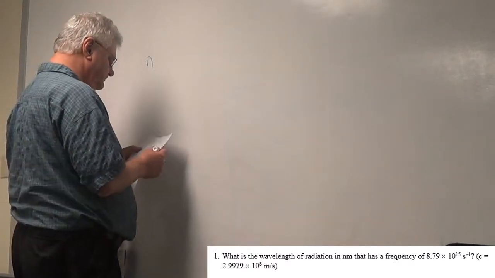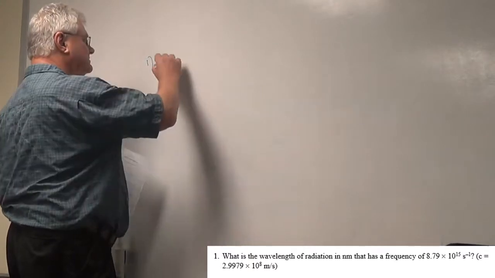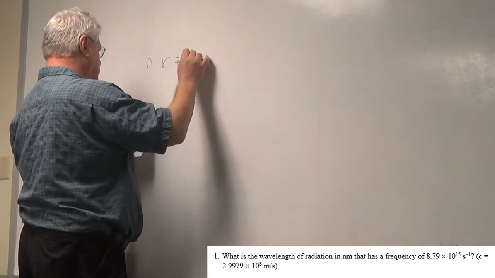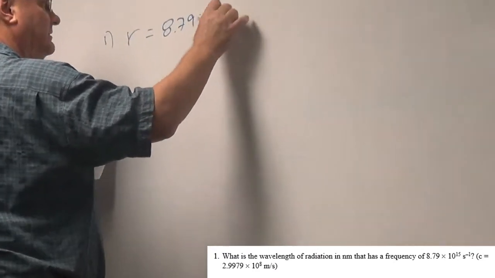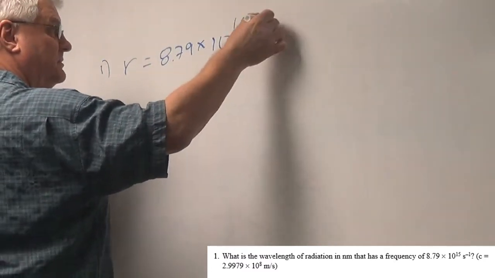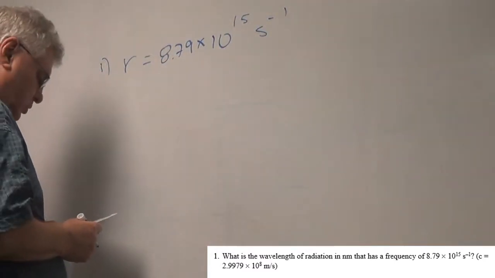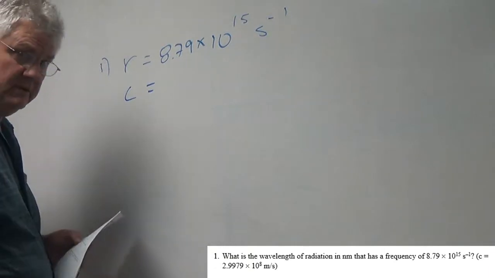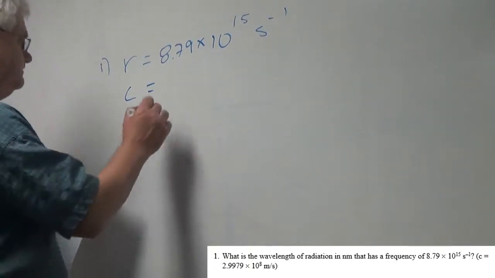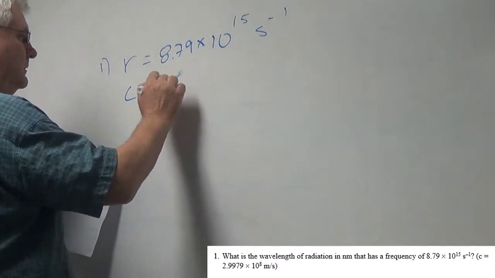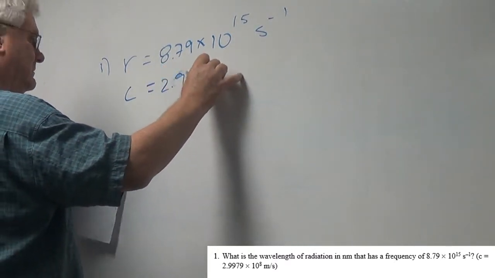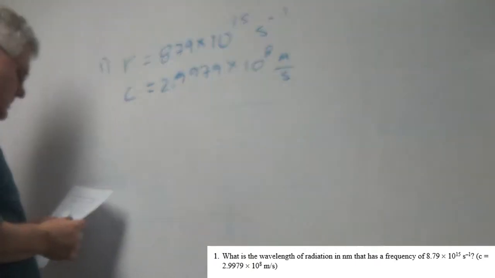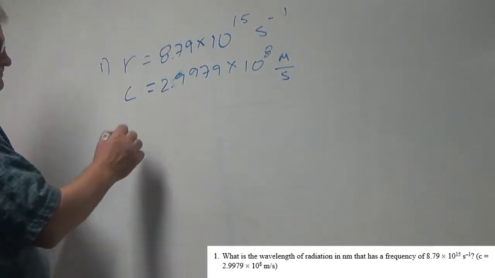So we know that the frequency, this is nu, the Greek letter nu, is 8.79 times 10 to the 15th reciprocal seconds. That means 1 over seconds, or cycles per second. Also, we know c is the speed of light, 2.9979 times 10 to the 8th meters per second. The relationship, the speed of light